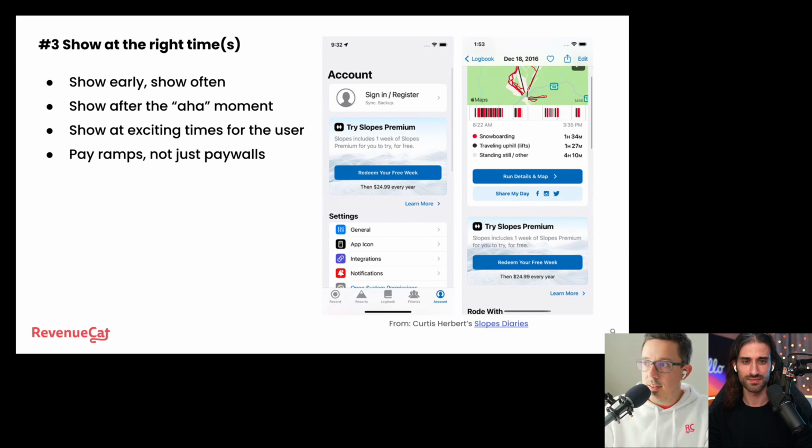You can see in these screenshots for his app Slopes, it's like a mini paywall in the settings or account part of his app right there. And it's not just a button that opens up a paywall with a bunch of stuff. That is literally the CTA to prompt Apple's in-app purchase system. And I've heard from multiple people that those perform, or can perform, very well. And so that's another idea: not just full screen paywalls, but actually integrate them into your app.